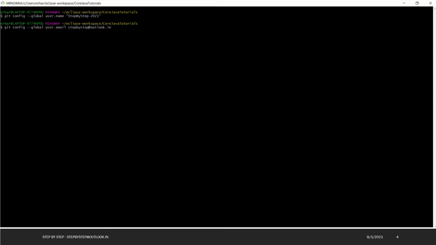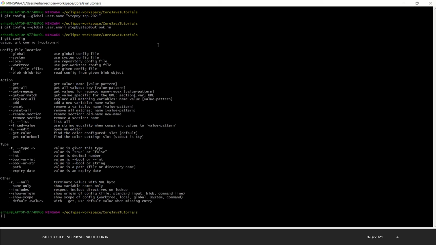This is the email ID, so I'm just updating the email ID. Now if you do git config again, you will see the user details this time, I believe. It is not showing. Okay, but it's updated.